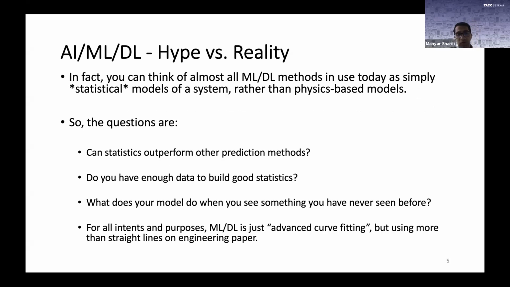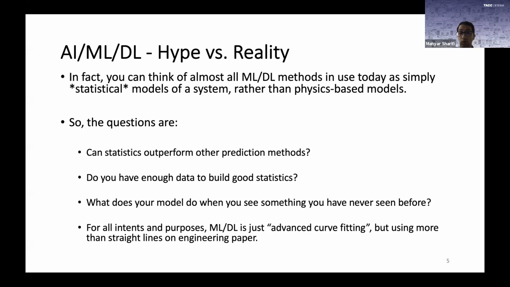You can think of machine learning and deep learning methods as simply statistical models of a system, rather than what we usually do in the engineering domain, which is to create physics-based models. However, with any statistical model, there are some questions that appear. First is that if